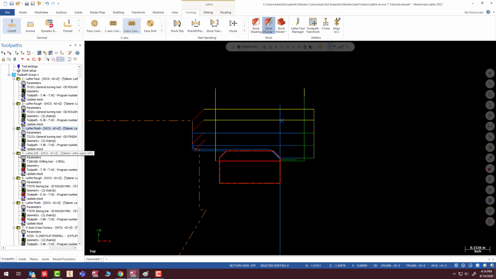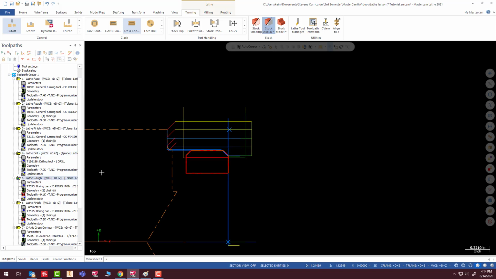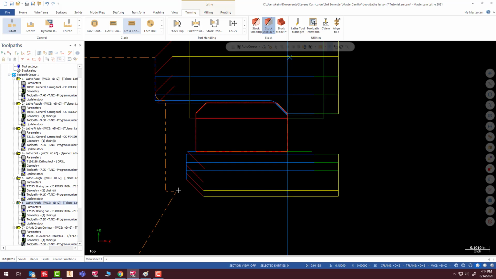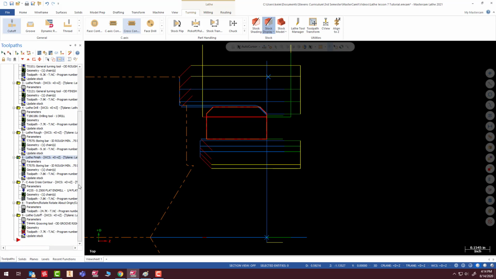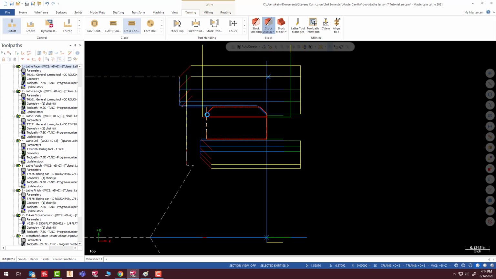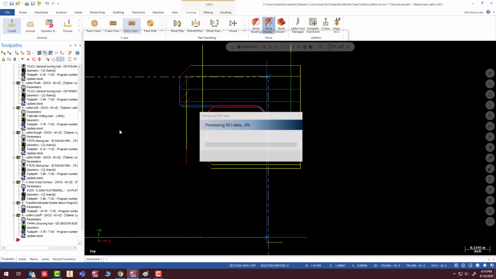I'm not sure why the lathe drill has an issue with that. Let's regenerate that one. Okay, drill is good. I just need to regenerate them because it was goofy. Generate the finish there. All right, so that's all good. And so I think everything there is pretty much good, except for probably the cutoff. Oh, even the cutoff worked. Cool. All right, so now if I run this,